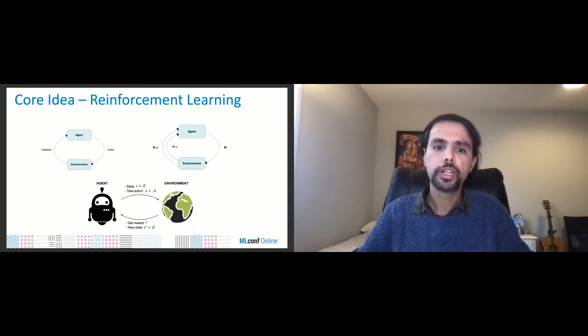So a quick overview on the reinforcement learning side of things. The core idea in RL involves an agent and an environment. The agent acts on the environment, and the dynamics of the environment are largely unknown to the agent. The environment's reactions to the agent's interactions are defined by the model of the environment. Also, the agent can be in different states, and it can perform different actions depending on the feedback or the reward. The agent then transitions from one state to another.